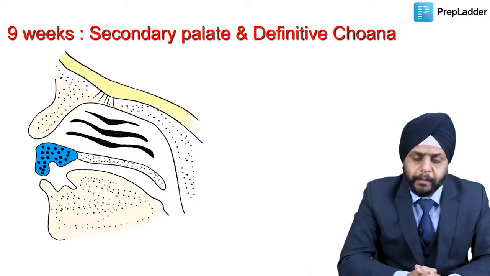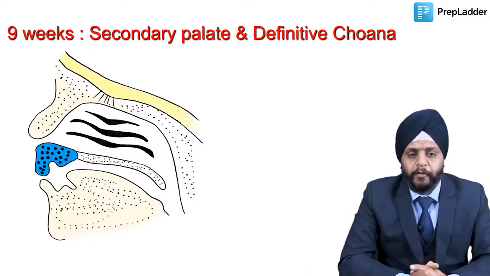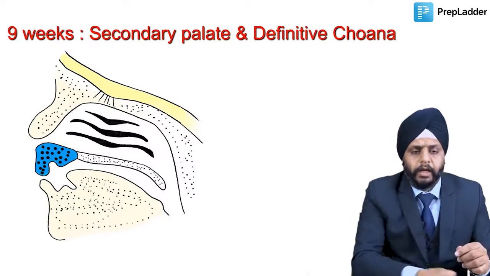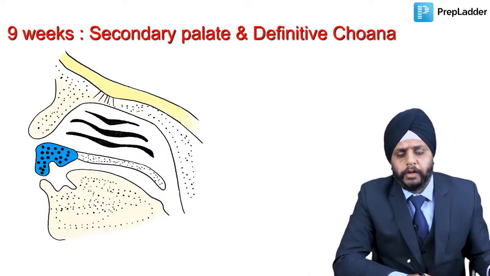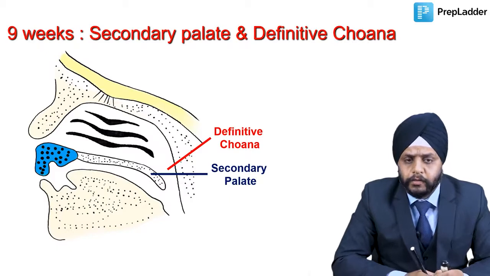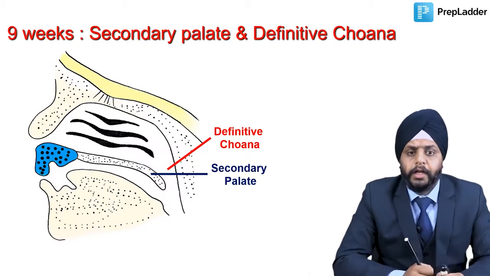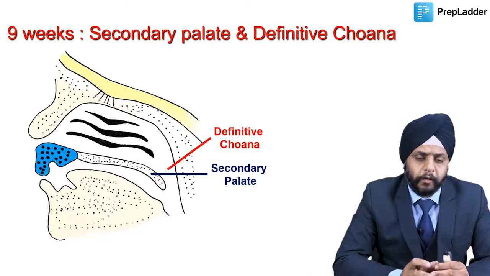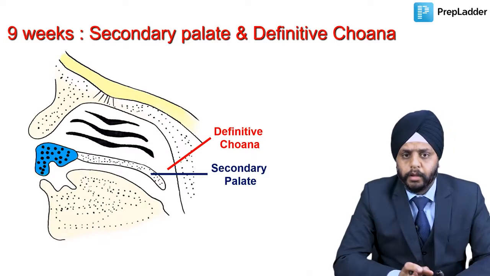Okay, so the secondary palate is formed from the maxillary processes. They come and meet together, and you can see over here the formation of this secondary palate by 9 weeks, and that also leads to the formation of the definitive choana. Now remember,